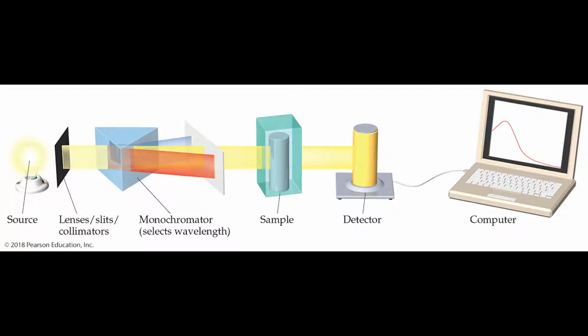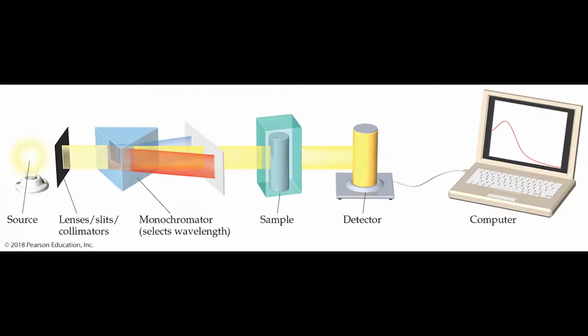The wavelength of light that makes it to the sample can be adjusted to test how various energies of light affect the sample. When the light passes through the sample, some photons are absorbed by the solution while some of the photons pass through. This is dependent on the identity and concentration of the sample. The light that passes through is then read by a detector, which allows the user to see how much of